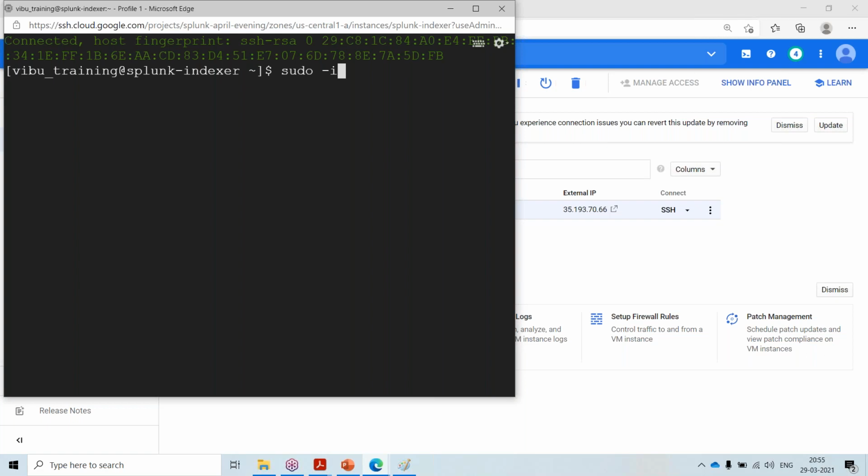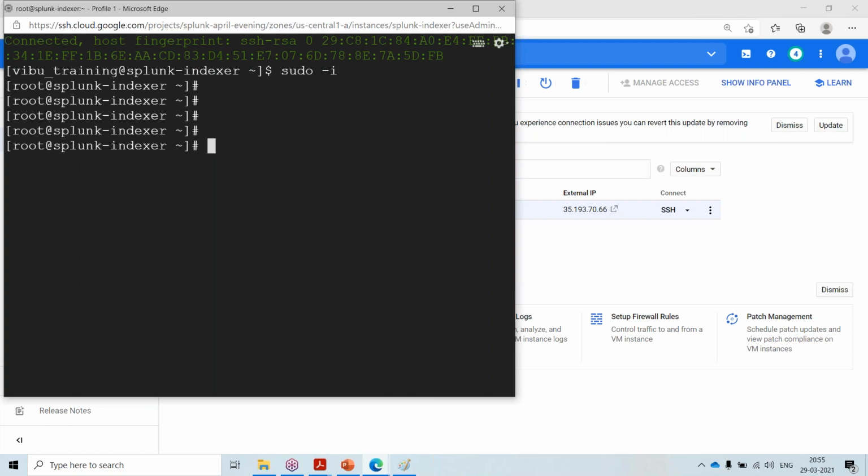With sudo -i I will get root access. This is how you launch an instance from scratch: if you want to create a project and start an instance, this is the only way.